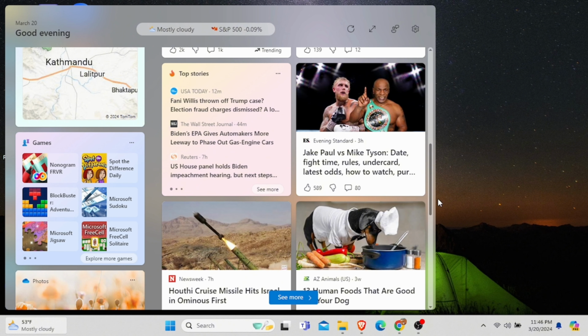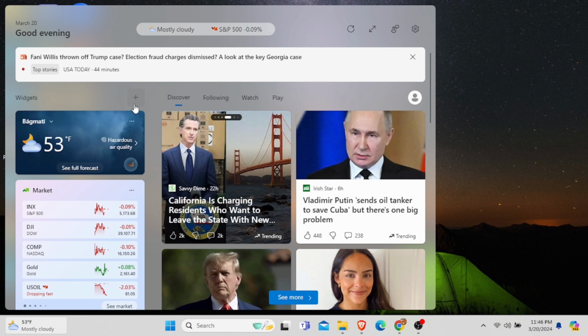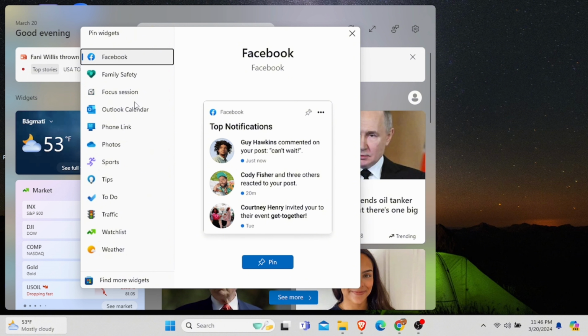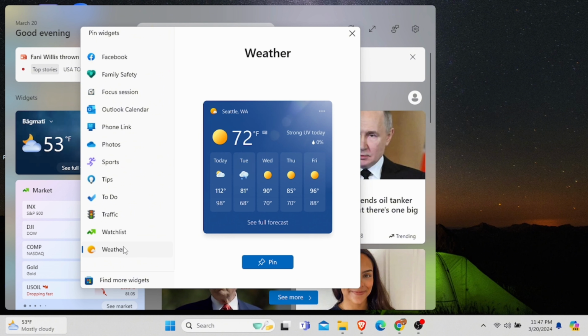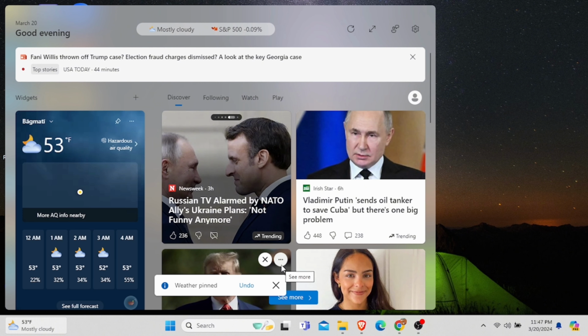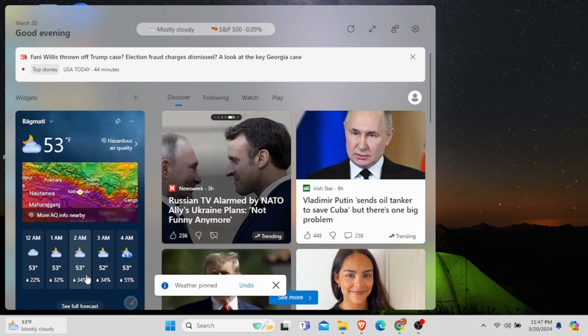Now if you want to add a new widget, what you need to do is click on the plus sign, and then you will see a list of options of the applications whose shortcuts you can add as widgets. You can see Facebook, photos, sports, family safety, watch list, weather. So I'll add weather. You can see the option of pin, and as you can see, it has been pinned